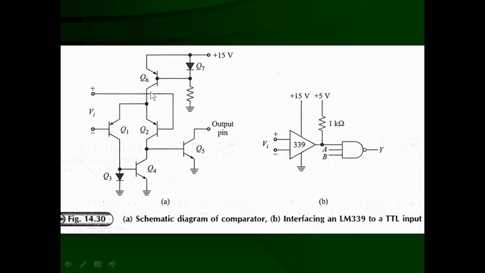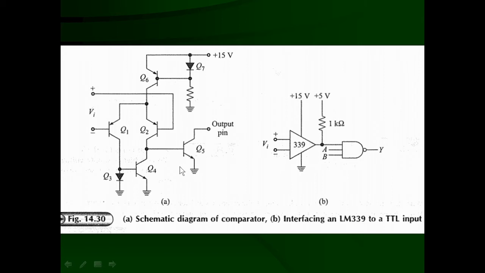Input is going to be negative, that means this transistor will be conducting, this transistor will be off. If this transistor is conducting, that means there is a current, and this transistor is going to be conducting, and hence the potential of 15 volt is going to appear over here. But this transistor is not conducting, that means there is no base current for this transistor, so this transistor is cut off from the ground, and that means transistor Q4 is acting like an open switch. So here the potential is going to be 15 volt.